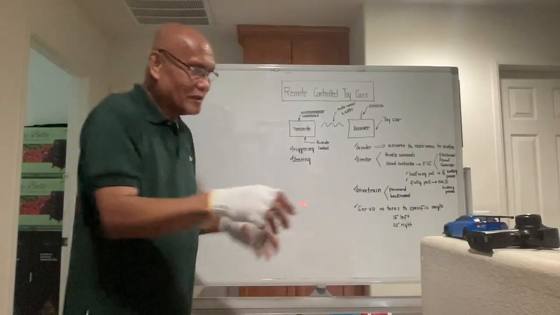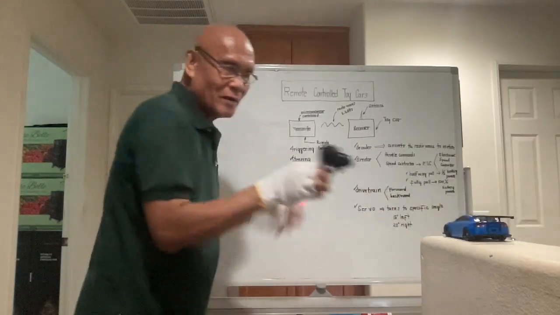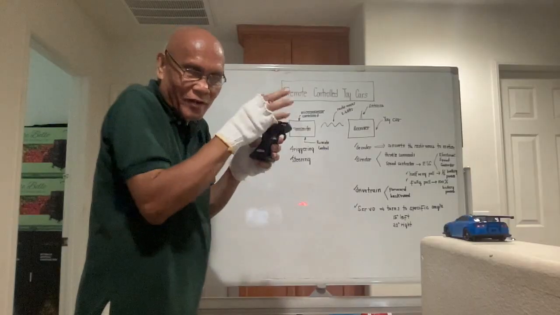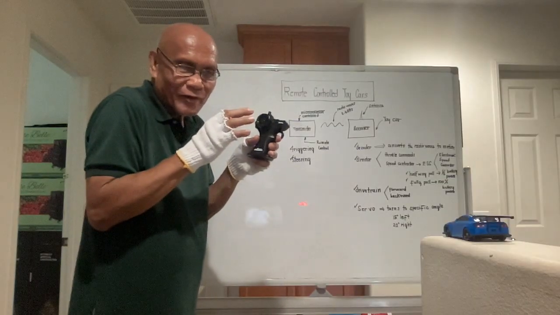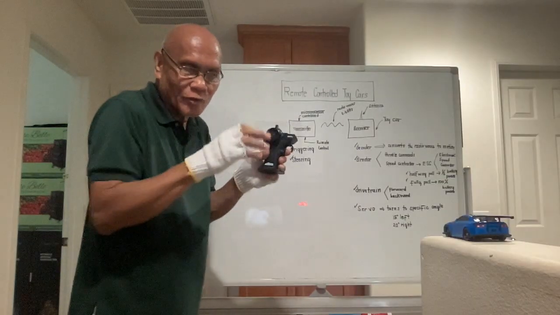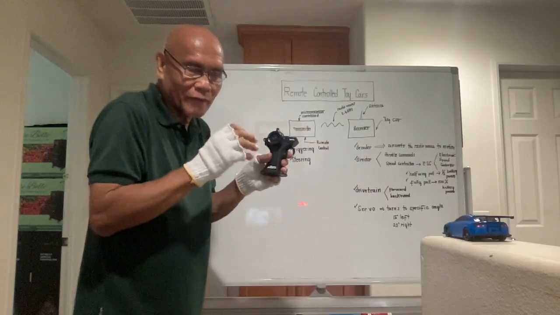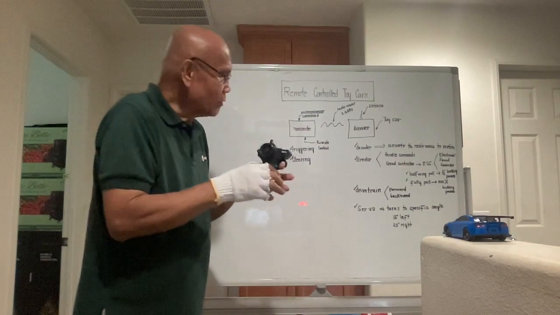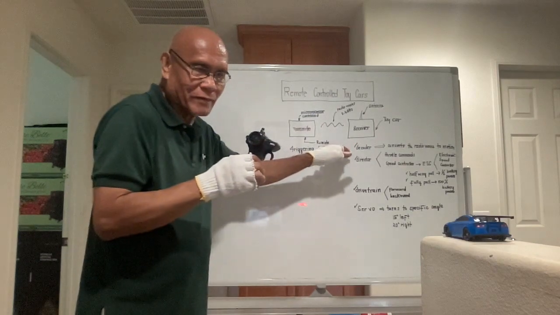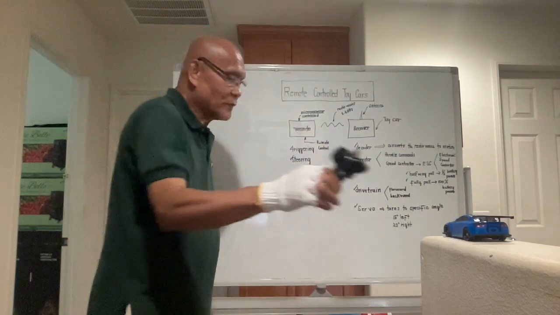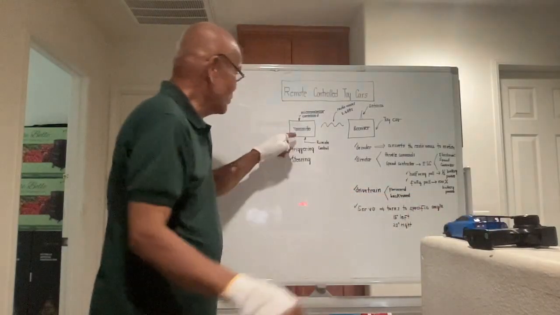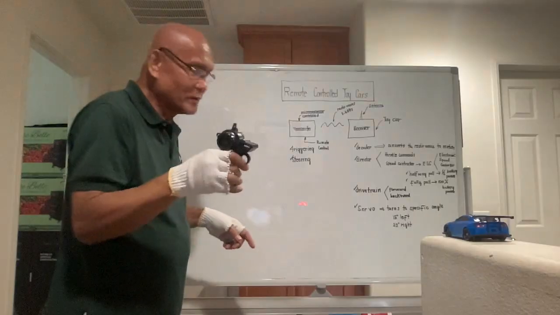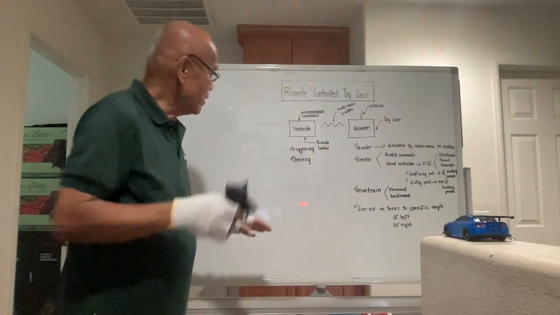But for this one here, the microprocessor or microchip inside is very small, but it's a complicated thing. You could program that one to emit some signal for it to operate or to communicate with the receiver. So actually this transmitter here is microprocessor controlled, and this is where we trigger